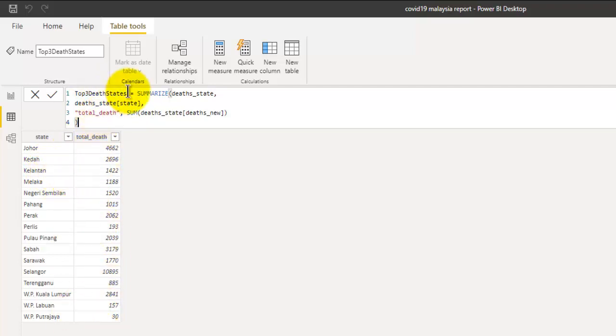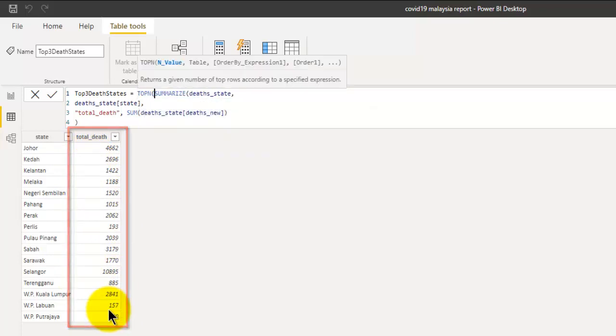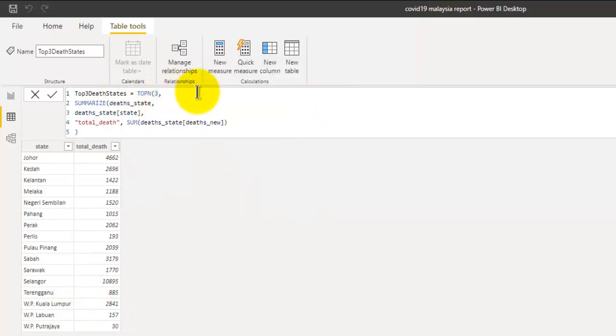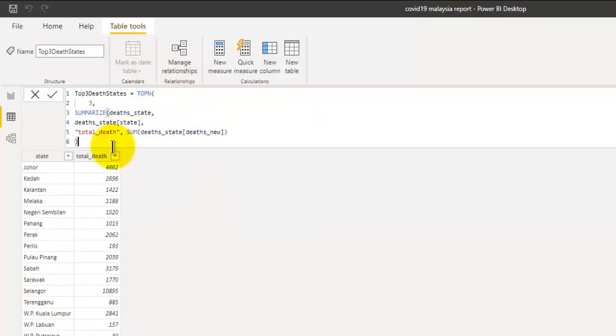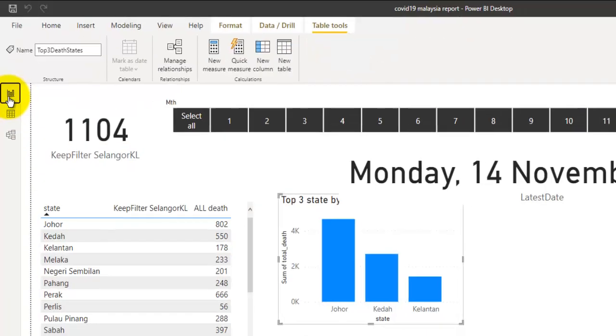So now with this, how to find the top 3 highest total deaths, right? So how do I find that? Well, you can use the top n function. So put top 3, comma, and enter, alternate enter. Okay, alternate enter, and that's all, right? Top 3, so I have the top 3,